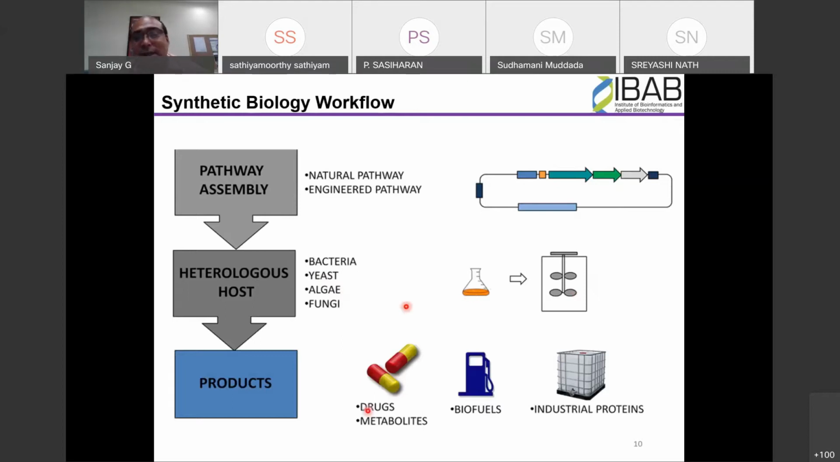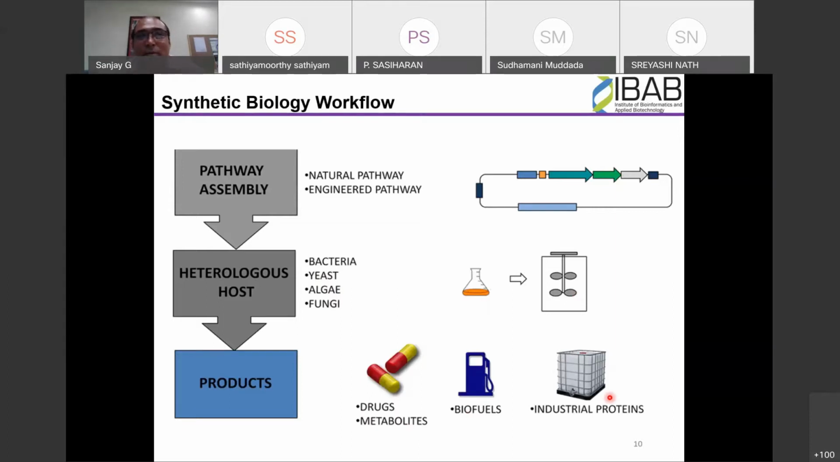And those uses can be that these engineered organisms make drugs, metabolites, fuels. It's a very upcoming field, as we want to cut down carbon emissions, so can we make biofuels? And then also therapeutic proteins. There are a lot of